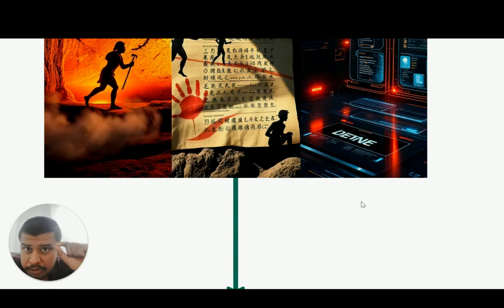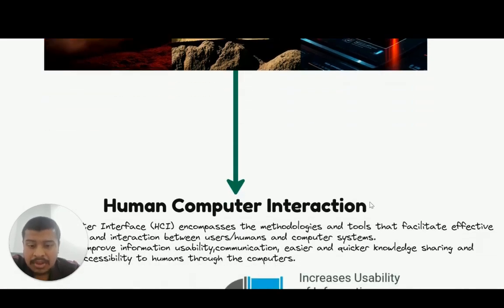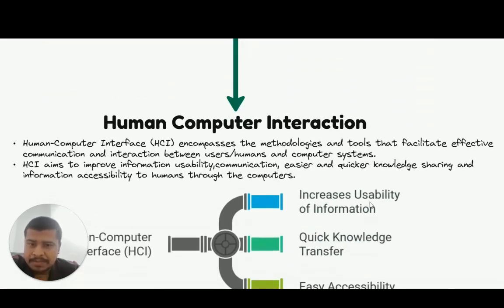Now, I want you to recall what made this whole digital revolution along with this information accessibility even possible. I told you regarding something called human-computer interaction. Human-computer interaction has made a significant contribution for all of this evolution to happen. So what is this jargon? What is this human-computer interaction? We'll go and see what this is specifically.